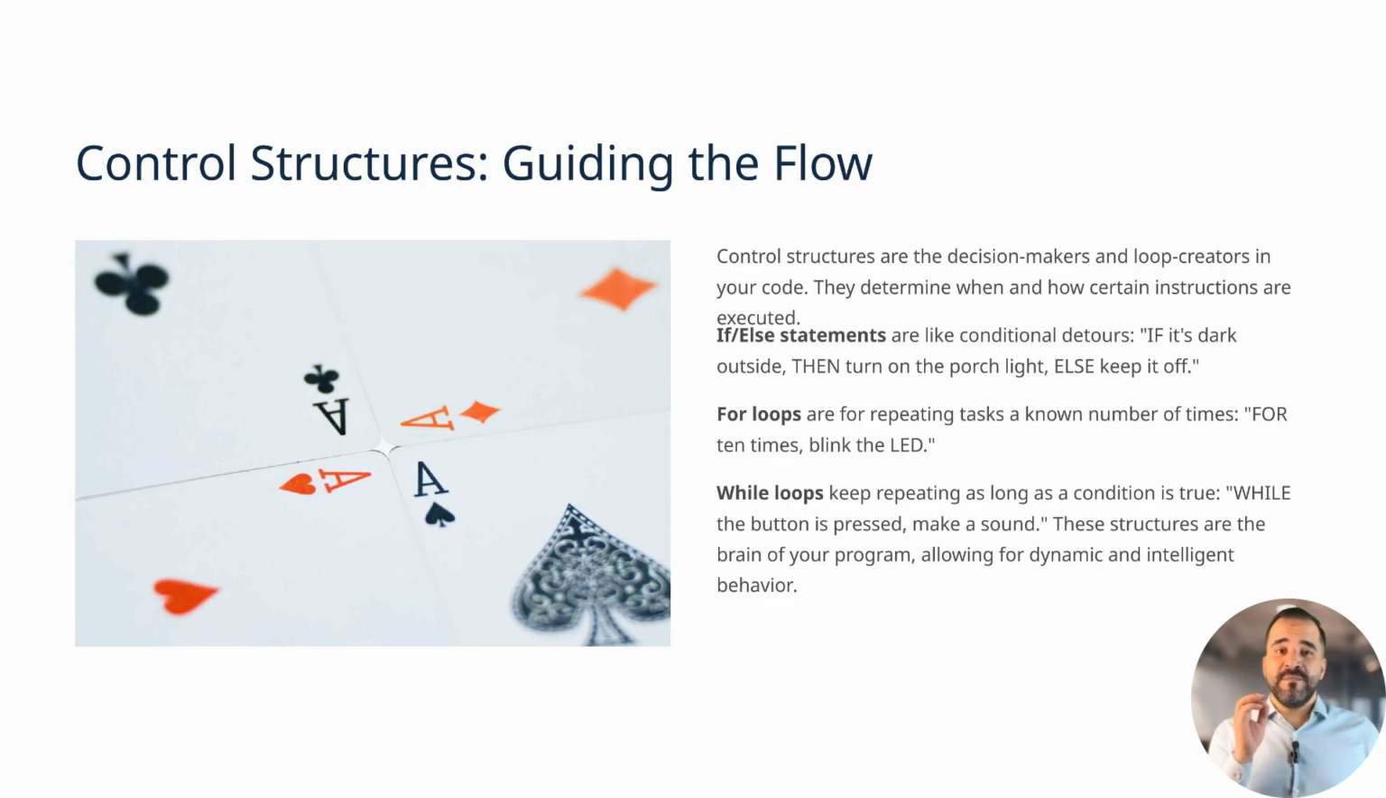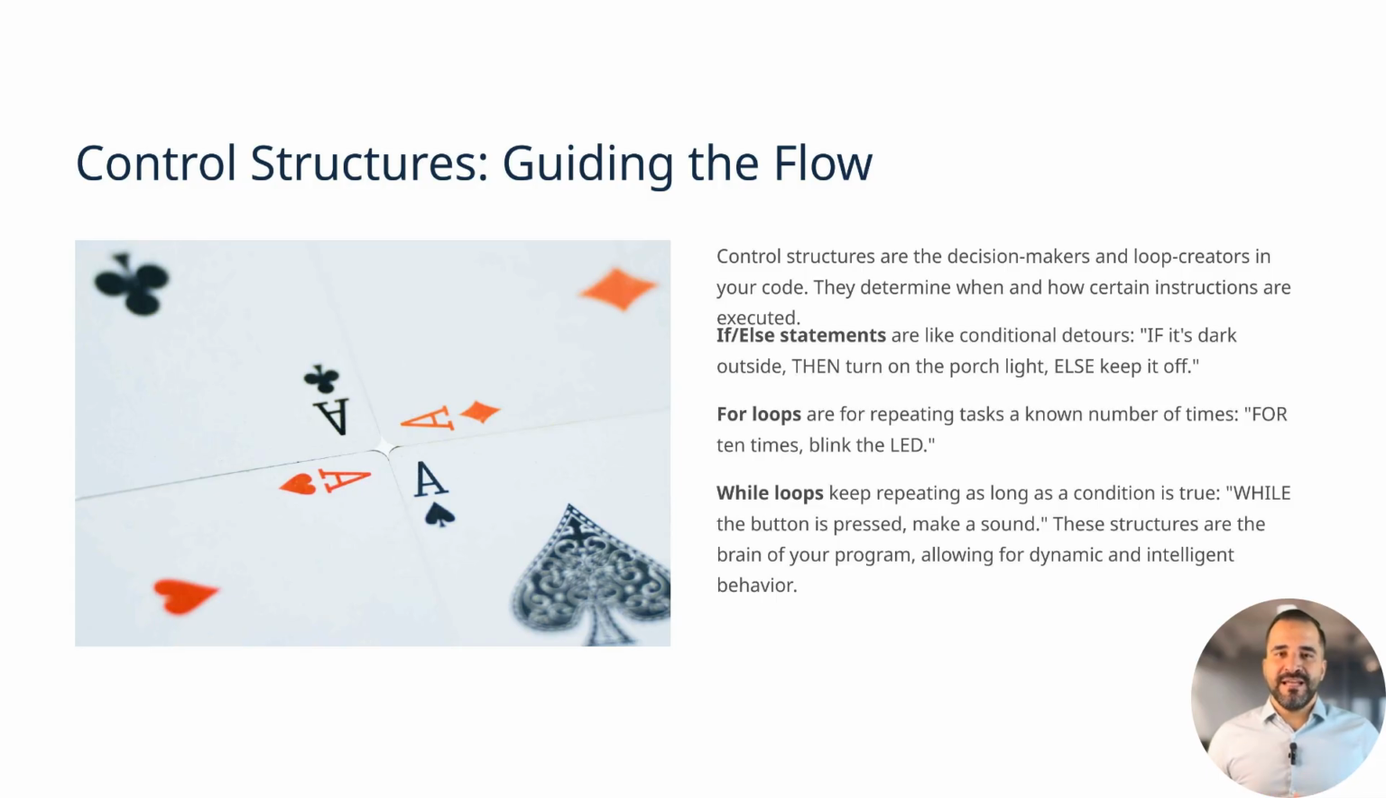The if-else statement acts as a conditional detour. It checks whether a specific condition is true and guides your Arduino to take one path or another based on the result. For example, if the temperature is above 30 degrees Celsius, turn on the fan. Else, keep it off. For loops are used when you want to repeat a task a specific number of times,